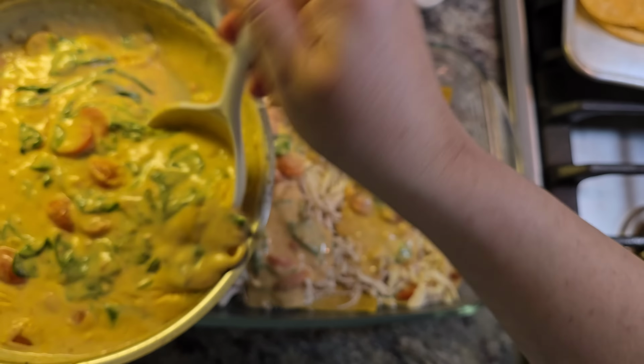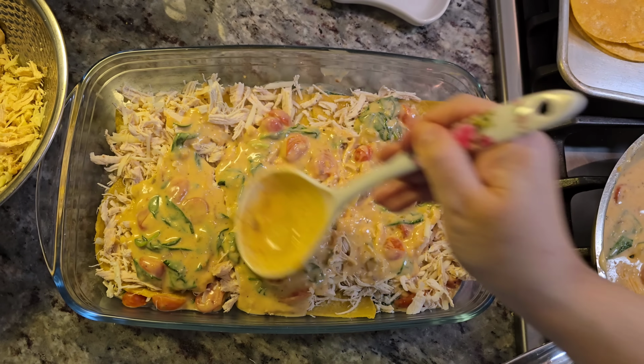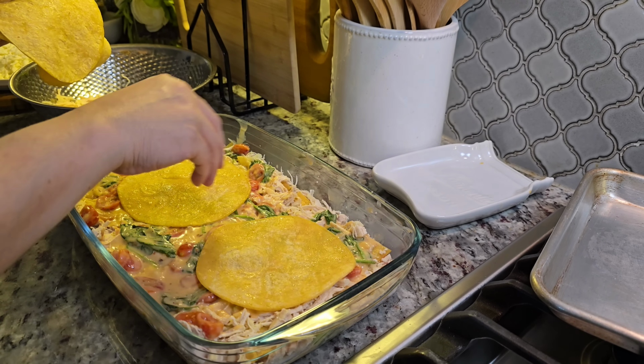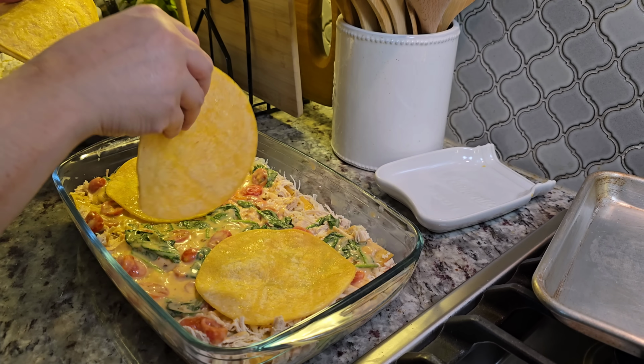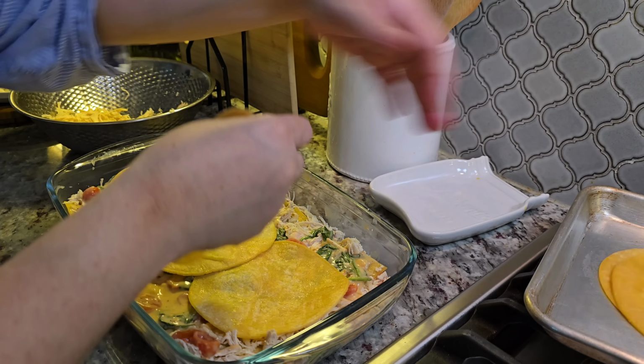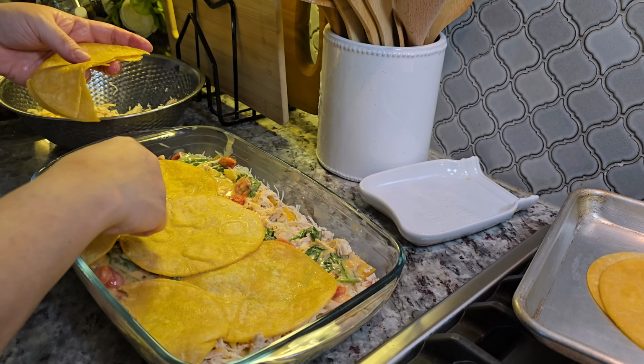And I added cheese into the chicken, so I'm not really going to go over with cheese between each layer. By the way, you'll want to arrange them as best as you can to just kind of cover the surface area between each layer. And I just sort of put them against the edge. And you rip it in half or cut it in half so that it's kind of flush against the edge